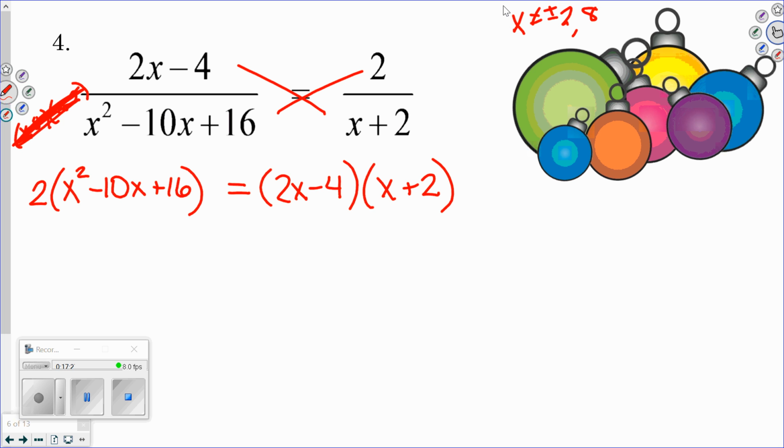Is everybody okay where I'm at right now? All I did was cross multiply. I haven't actually multiplied. I just wrote down what I'm multiplying. So we'll distribute, right? Right here. So 2x squared